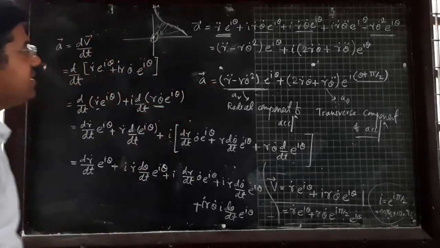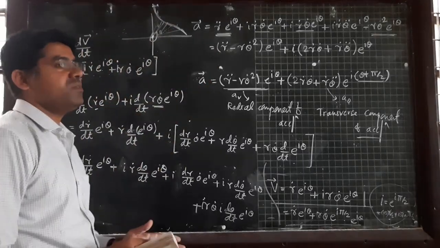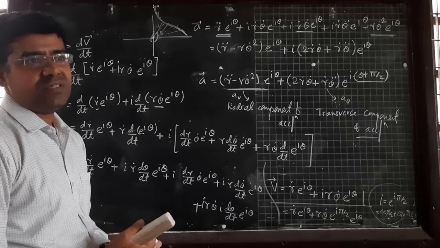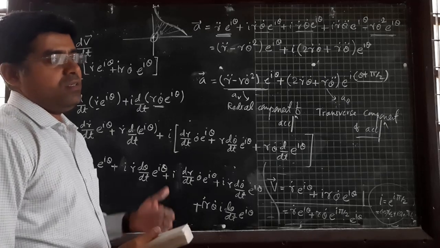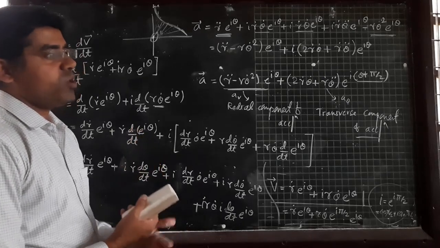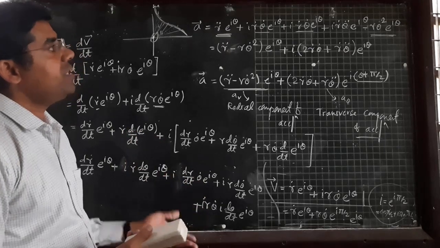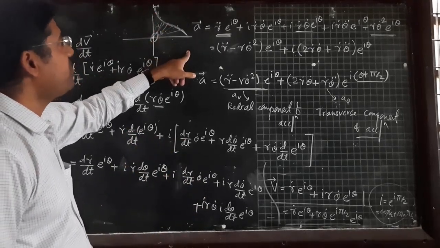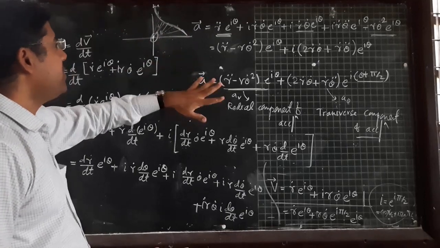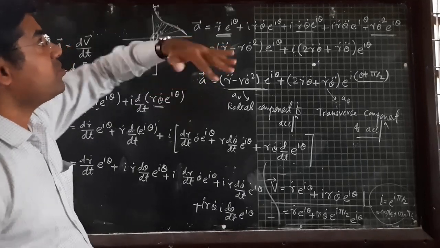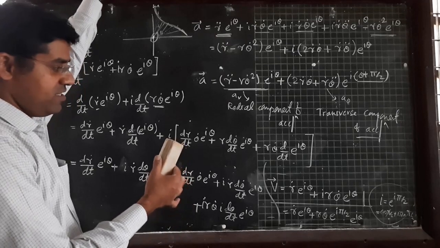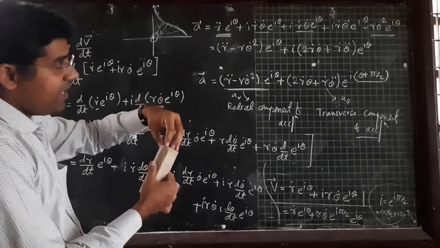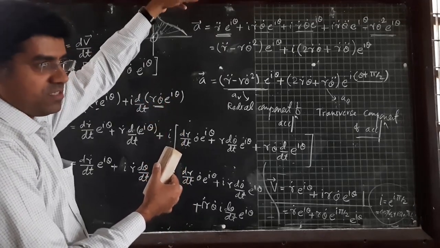So what we have seen here, in a simple way, suppose you want to find out the applications of complex numbers to determine the velocity and acceleration of a curved path. This is one kind of curved path. The best example: any object is moving here, and this is my satellite, and now the role of the satellite is to detect that particular object.